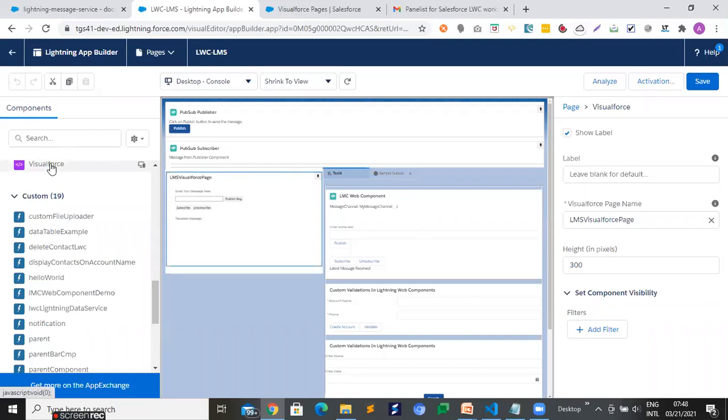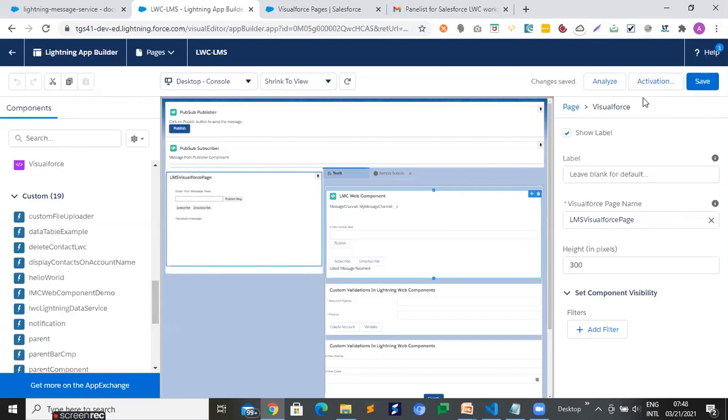When you drag and drop your VF page over here, it will show all the pages that are Lightning enabled. If your page is not Lightning enabled, then you are not able to find your VF page over here. So first you need to make your VF page Lightning enabled, right? So that this VF page is available over here. After that, click on save, and then click on activation.